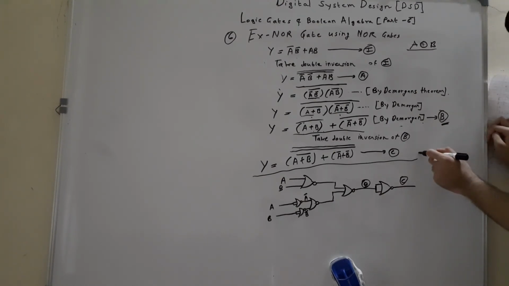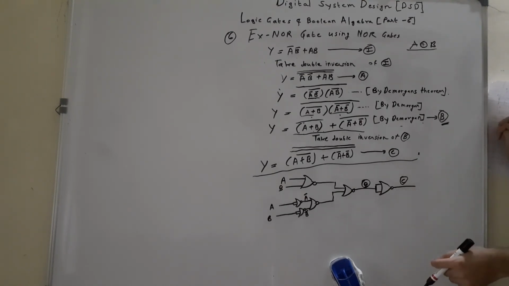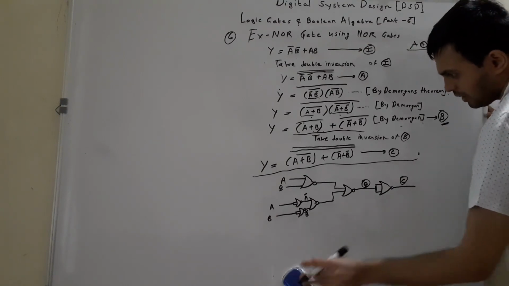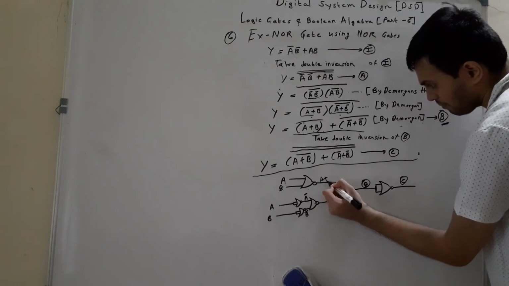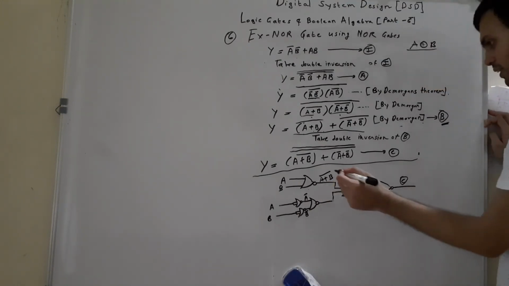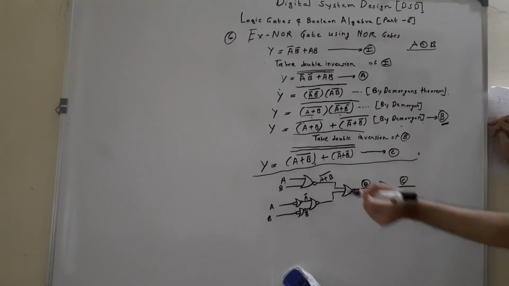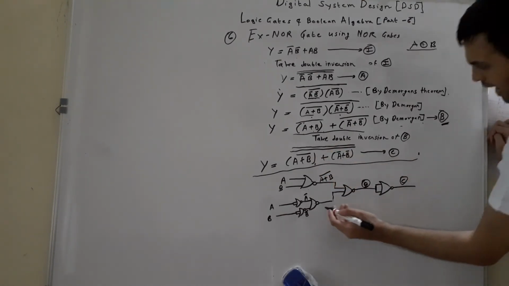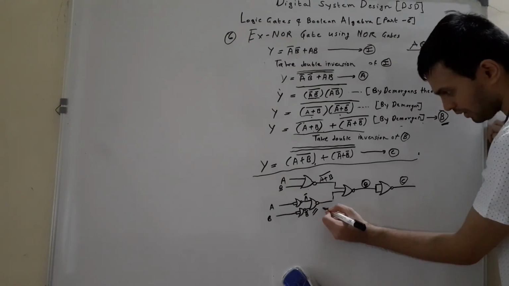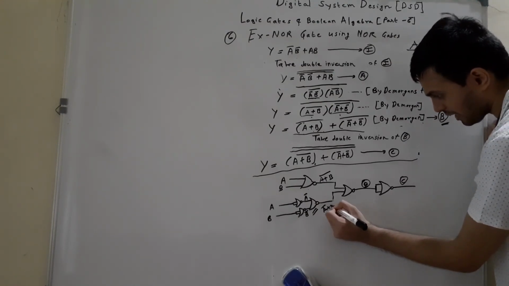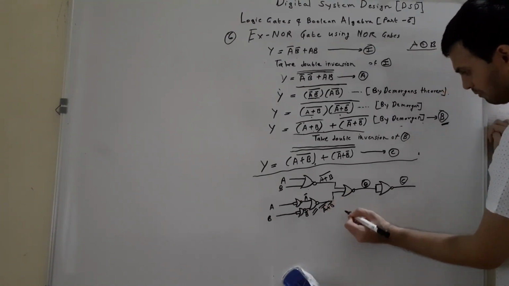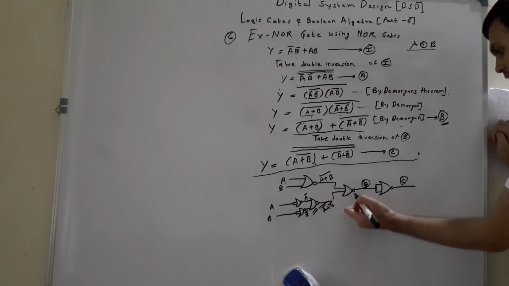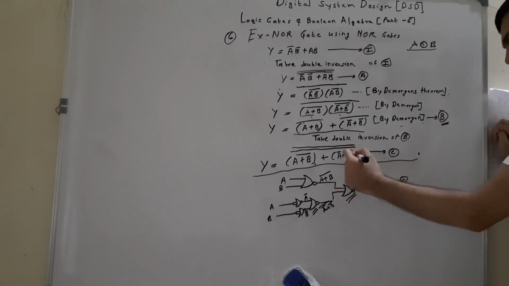So now once we have obtained the logic expression, our next step is to draw its circuit diagram. So let us draw its circuit diagram. I will explain it. This is the first NOR gate over here with inputs A and B. So it will produce an output A plus B the whole complement. So this is our first term of the expression which we want to realize, that is A plus B the whole complement, and this is the second NOR gate over here, from which we get at the output A complement plus B complement the whole complement, and these two are at the inputs of another NOR gate, because we want to realize this particular expression.